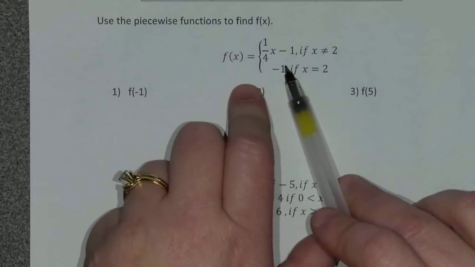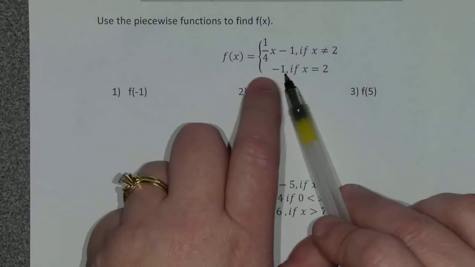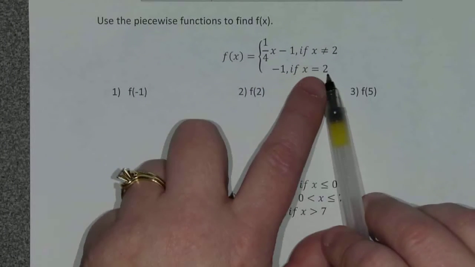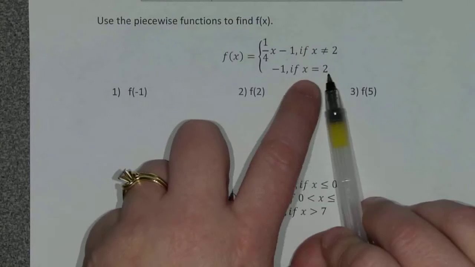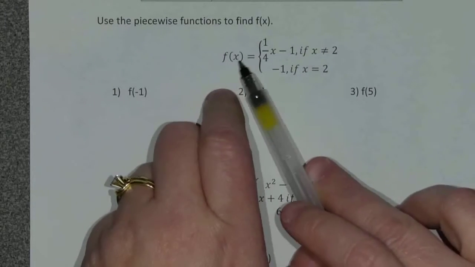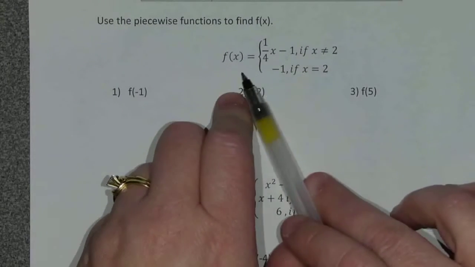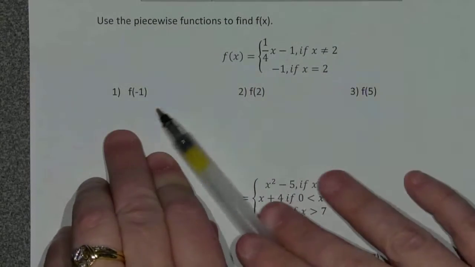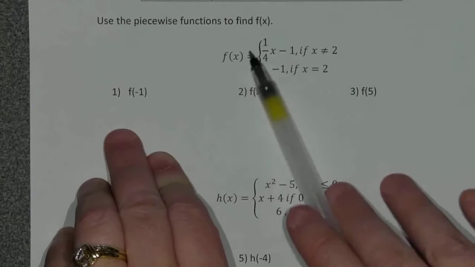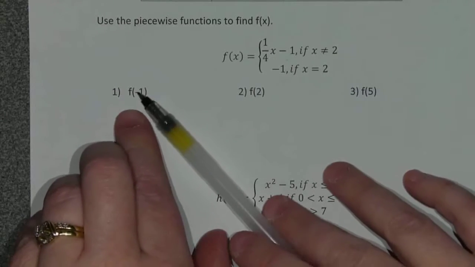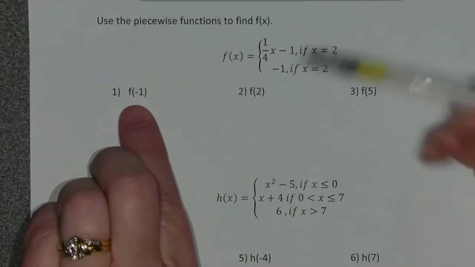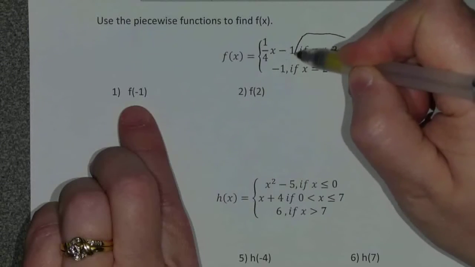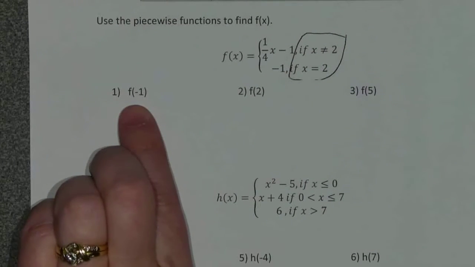And then this one would be my answer, or the line that I would graph if x was 2. Okay, so I would be at negative 1. This would be y equals negative 1, which would be a horizontal line. But really what we're going to do today is we're going to substitute our values into our piecewise function. And in order to figure out which function to substitute it into, we look at this part at the back